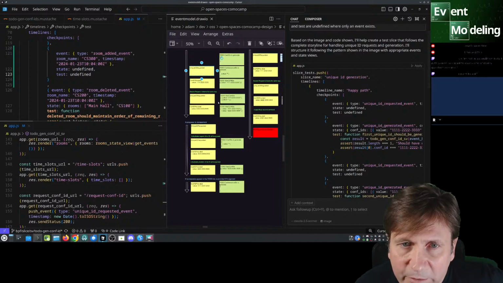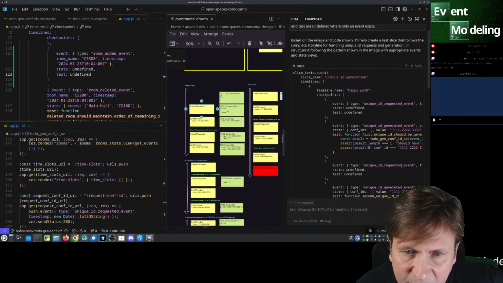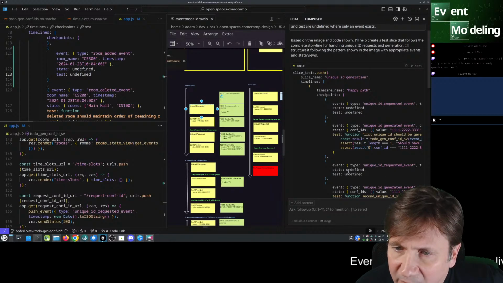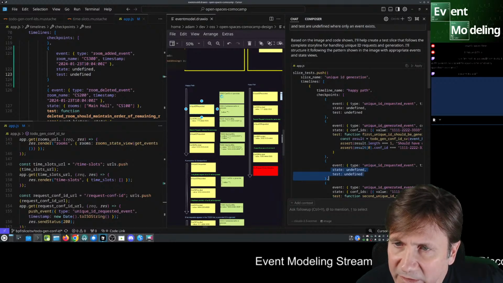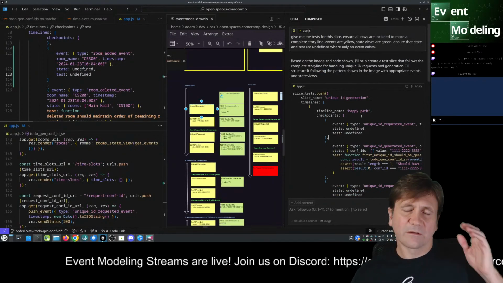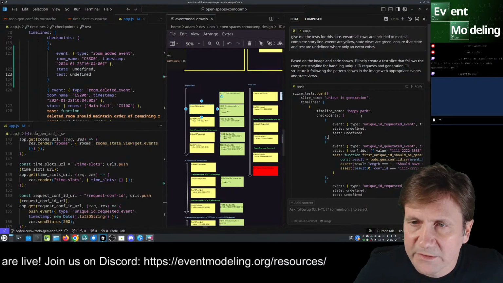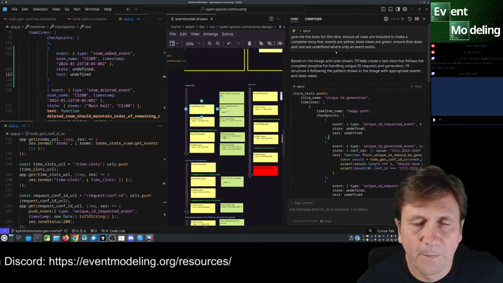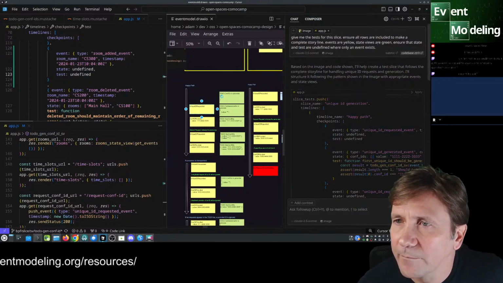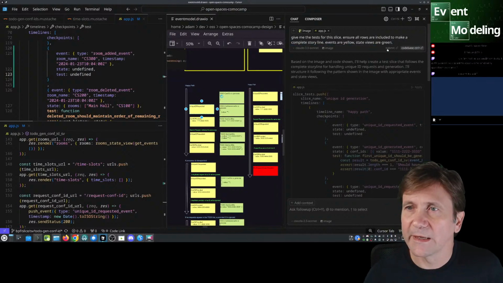It's weird. It has unique ID request event, and it has state view undefined. So it's got it twice. It's doing state views that are undefined. So no, that's a no-go. So this last thing is totally bad.